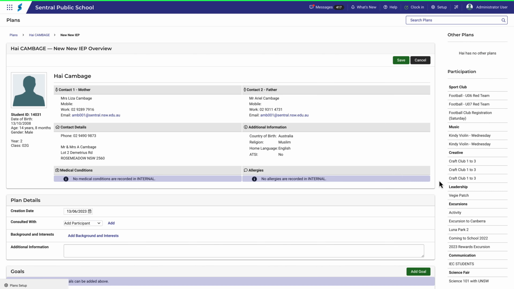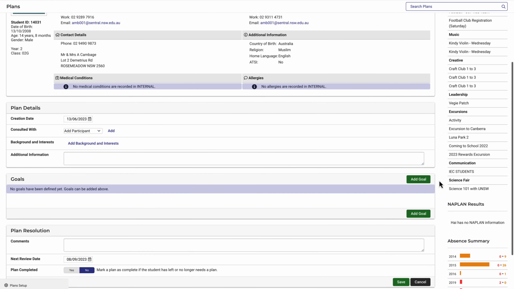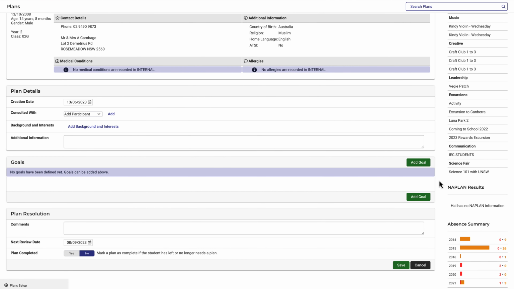Again, this information at the top will be the same for each plan that you create. Moving down the page, you can see two other sections which are common to all plans. The Plan Details section includes a creation date, whether there were any people consulted in the creation of this plan, any background and interests that may be relevant, and any other additional information. The Plan Resolution section allows for further comments, a review date, and a selection to indicate whether the plan is